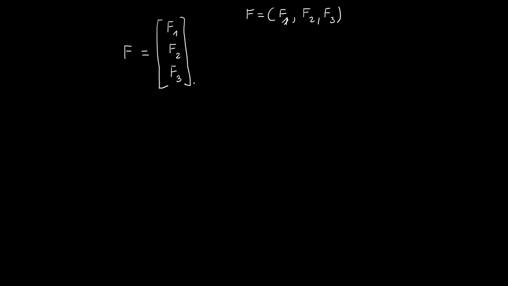It's just a convention which might be convenient in certain contexts. So now f is three-dimensional, and if you think about it, that might be force. That might be force, which is a vector